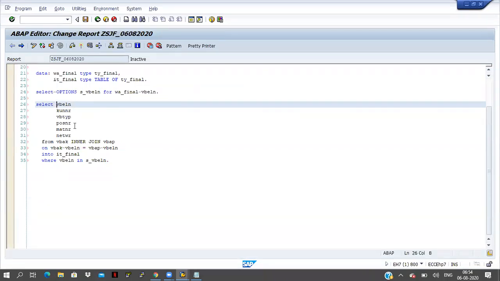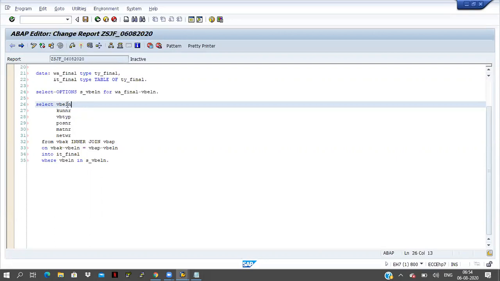And see here, VBELN. I'm selecting some fields here, and VBELN I'm taking as the first field. But this VBELN, from which table do I have to take? VBAK table or VBAP table? In both tables, VBELN is available.